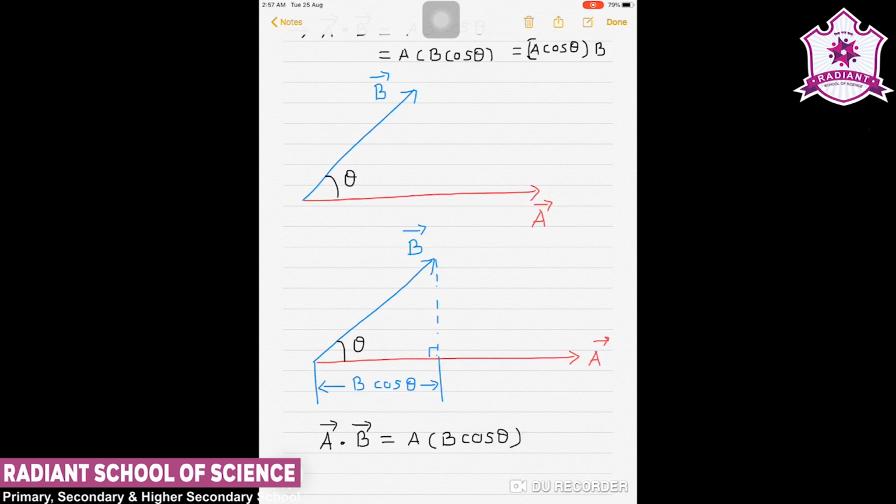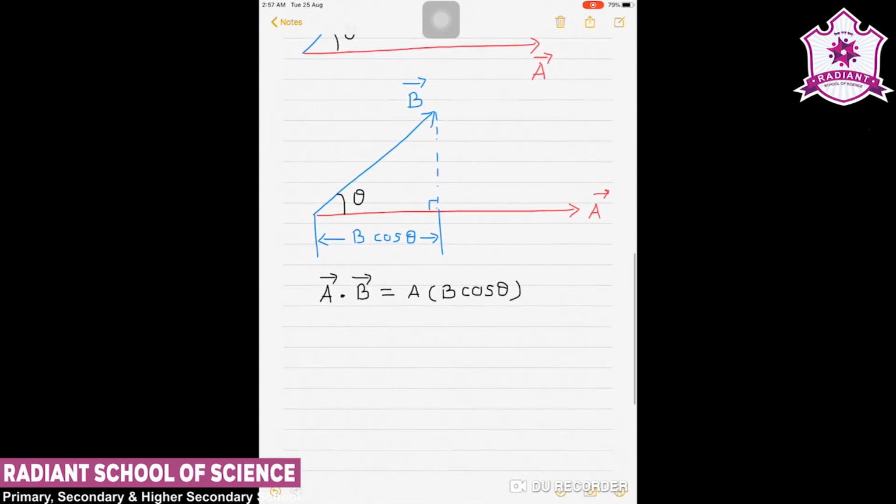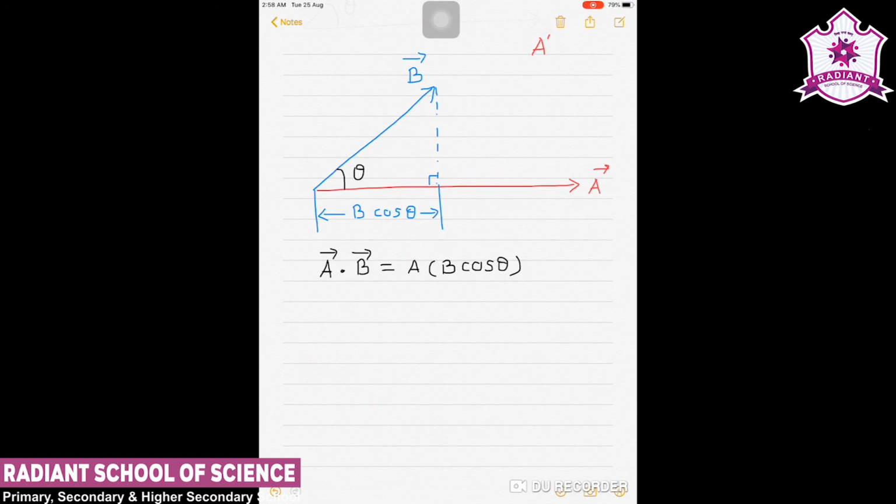So here in the bracket, the b cos theta term is there, so it is said that b cos theta is the projection of b onto a. So we can define it as a into